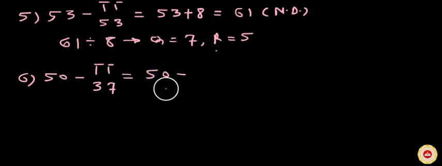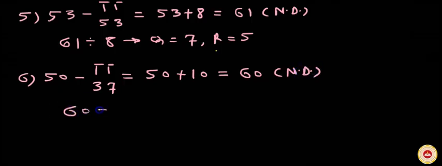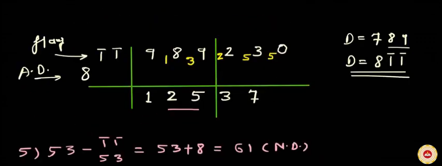So 50 minus 7 multiplied by minus 1, minus 7, plus 3 multiplied by minus 1, minus 3. So minus 7 minus 3, that is minus 10. So 50 minus minus 10, that is 50 plus 10, which is equal to 60, and this 60 is the net dividend. Let us divide this 60 by the actual divisor 8, which gives us quotient 7, since 8 sevens are 56. The remainder is 60 minus 56, which is 4. So write quotient digit 7 and remainder 4.